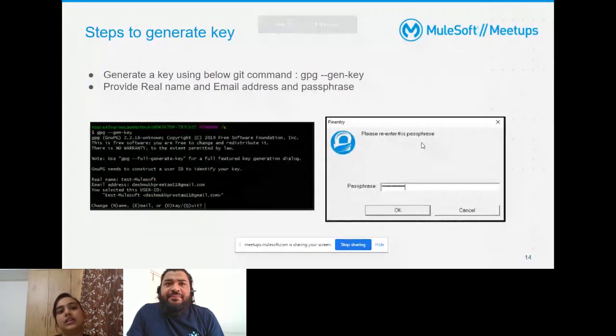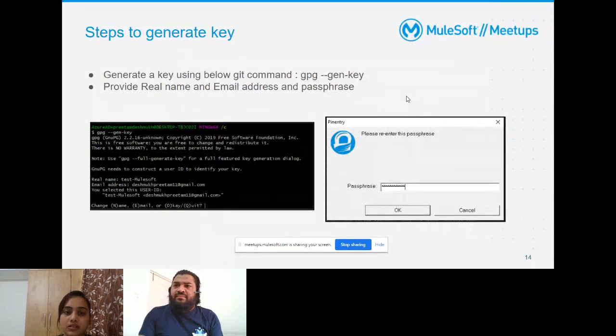Okay, so guys, to generate a public and private key there are a few steps we need to follow. For generating keys, we can make use of any available tools like Kleopatra, keytool, and using Git Bash also we can generate the key. Today I'll be showing you how we can generate the key using Git Bash commands.